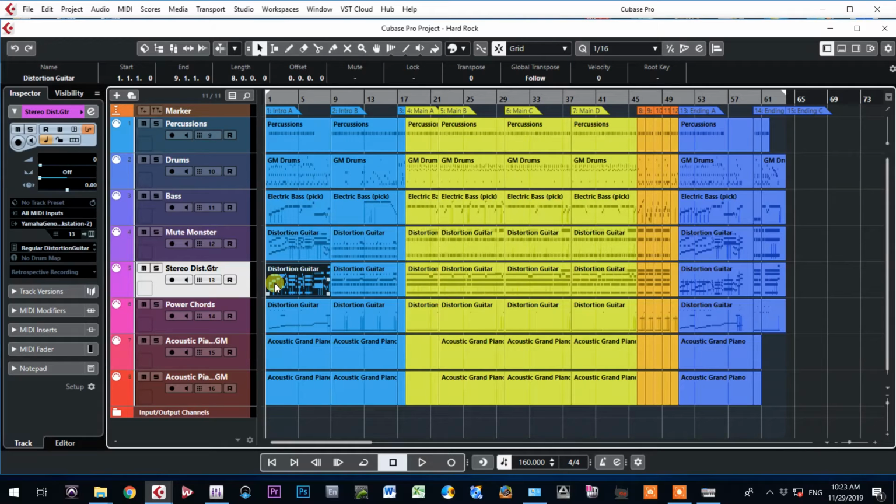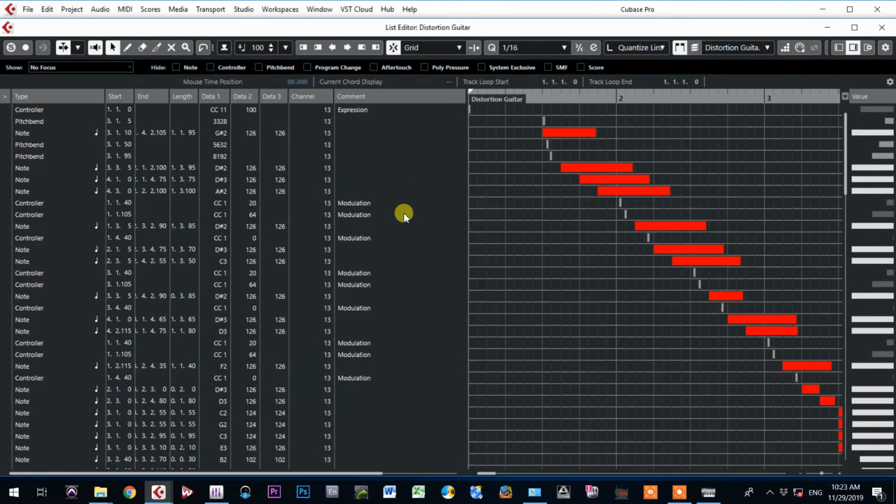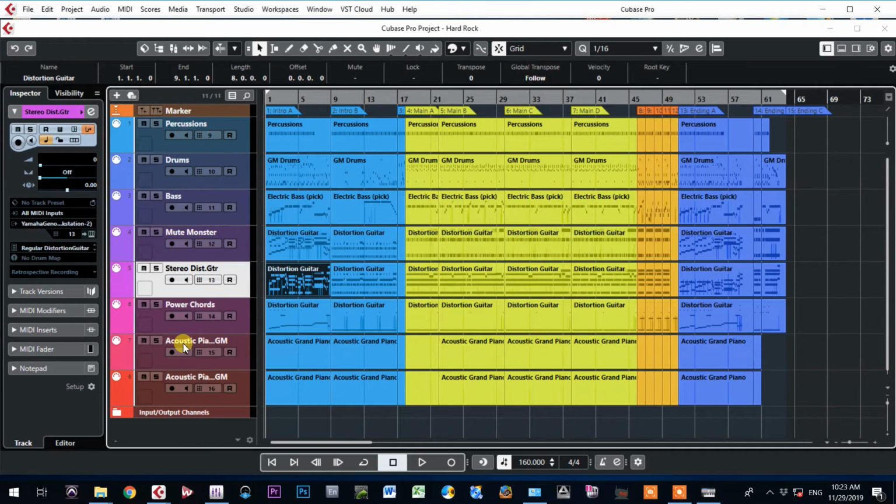In every track here, for example, this track, you highlight that part, and you can go to the list editor by going to MIDI and List Editor. Here you can write MIDI messages if you want to write something. But if you don't want to write, that instrument will be able to read those messages from here when you